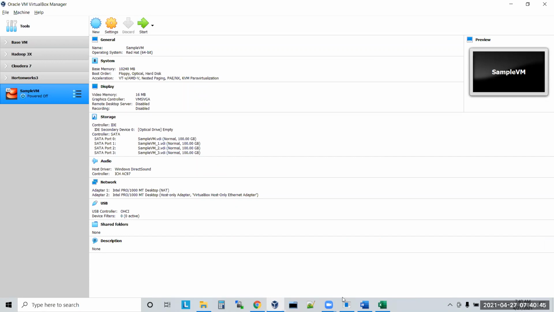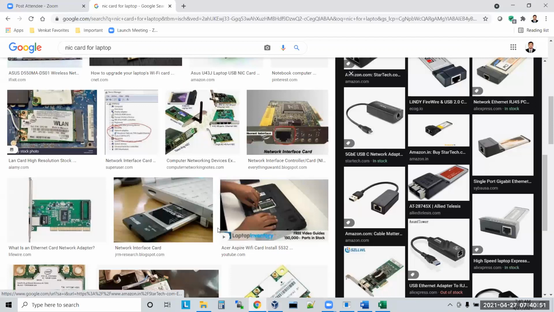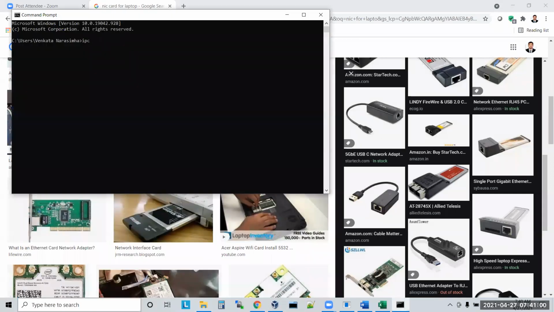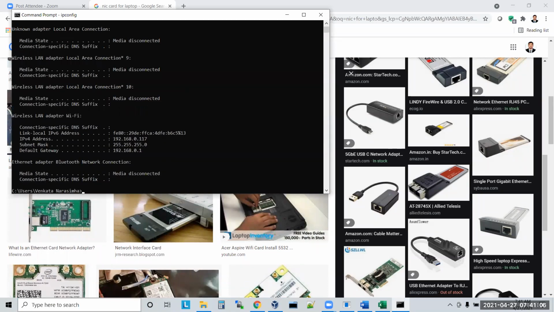Let us take this scenario. Let's say you are connecting to your laptop. Every laptop will have some kind of IP address, yes or no? If you see here, ipconfig, what is my IP address here? 192.168.0.117.